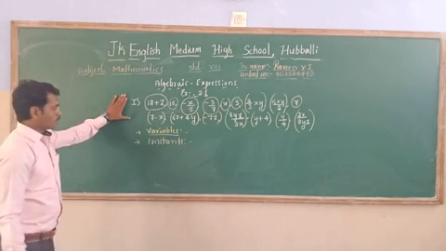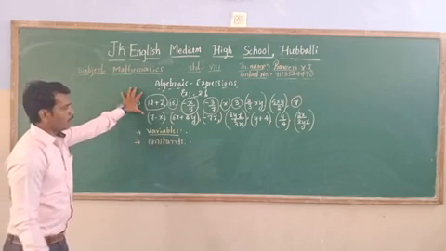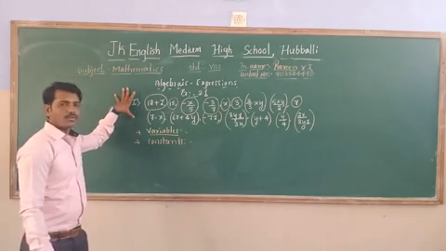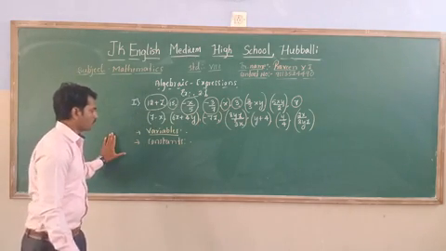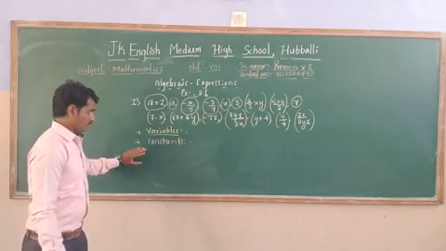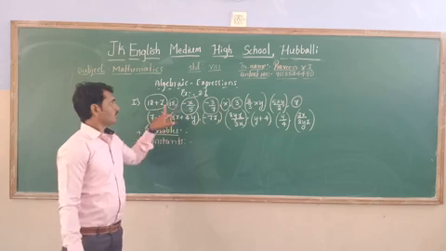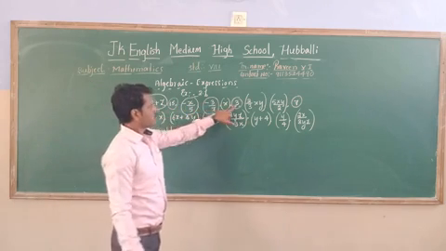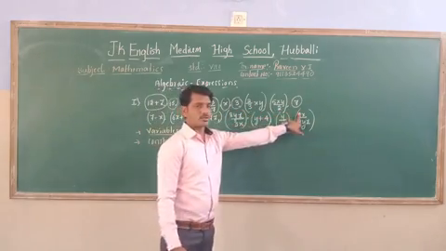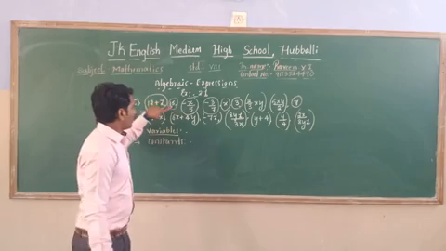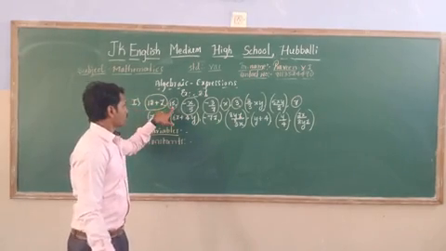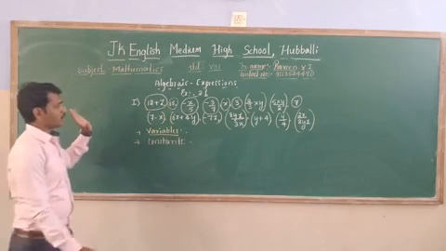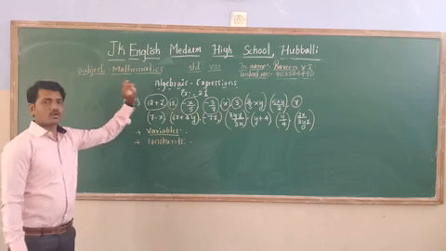Understood? From the question, the ones I have marked with the yellow chalk are all the variables. And the ones I have marked with this chalk are the constants, like 15, minus 3 by 7, 3 and 7 are the constants. In front of the 15, there is no variable. That's why we can easily call it a constant.